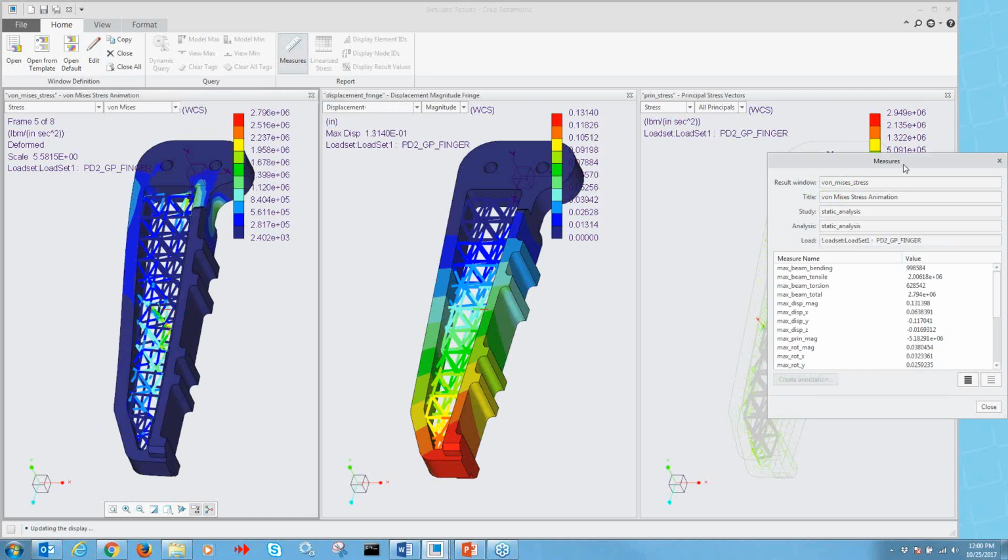So as we pull up the measures here, we get this extra window that pops up. Let's select on the max stress VM here. So we're going to scroll down through here. There's our max stress VM. Once we have that, let's go ahead and add an annotation to the model here. We'll create our annotation here. So we've got our max stress VM, 2.79 e to the 6 here on the stresses for that